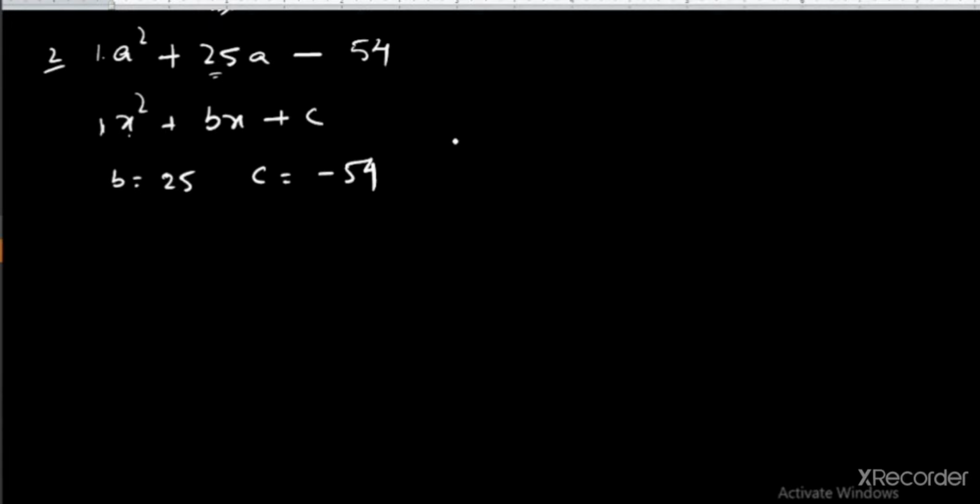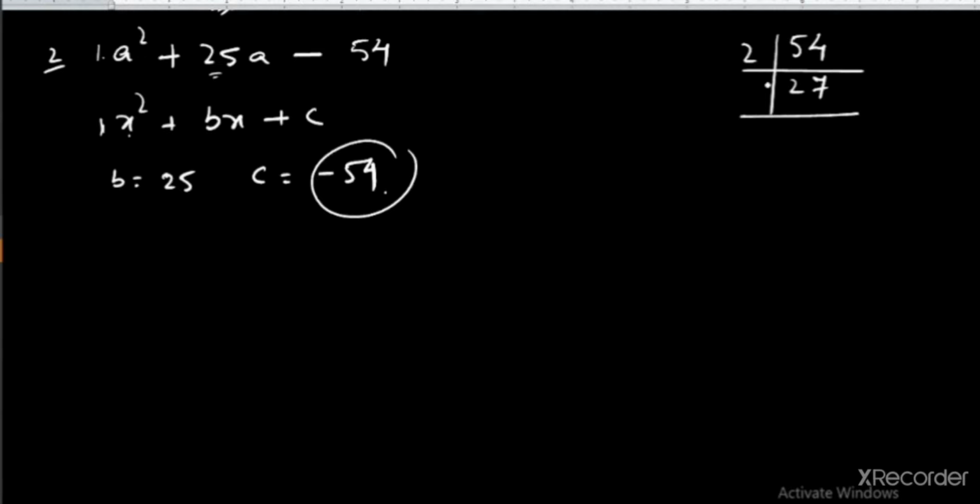Now here the constant term is 54, isn't it? So what is the next step? We have taken out the constant term. Now the next step is to find the prime factors. Okay, let us try to find the prime factors. 2 times, then 7 times, then 3, 9 times, again 3 times, again 3, 1 time. Okay, let us check if we have done it correctly or not. 2 3s are 6, 6 3s are 18, 9 3s are 27. Am I wrong?